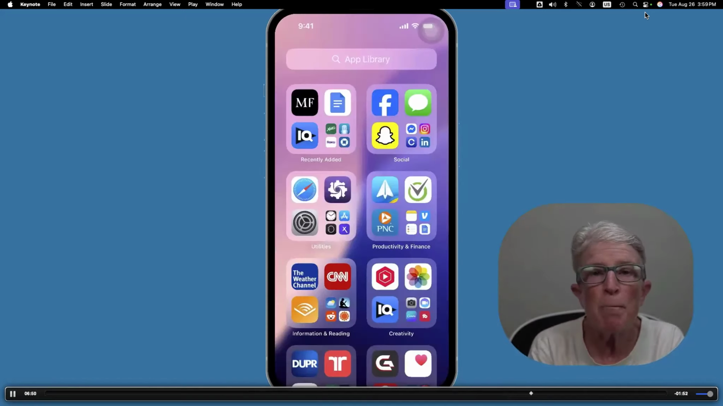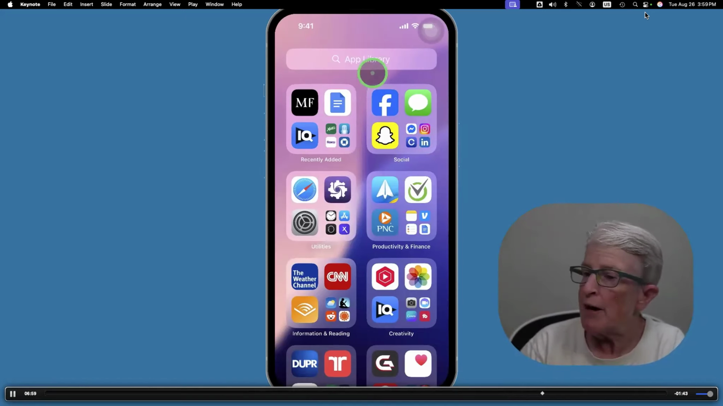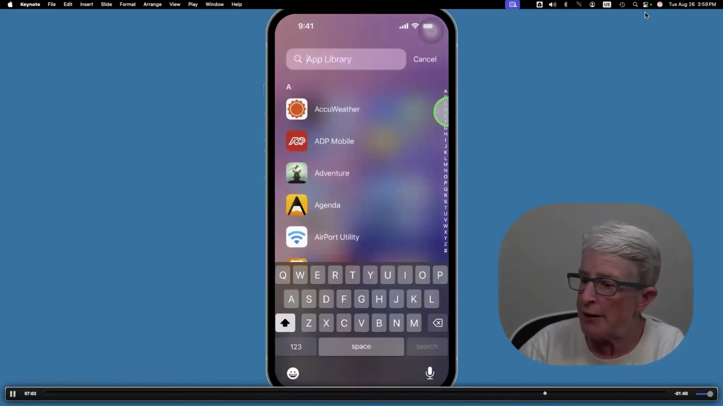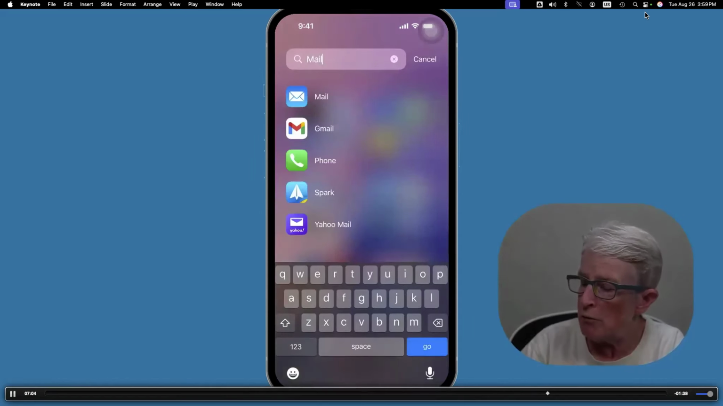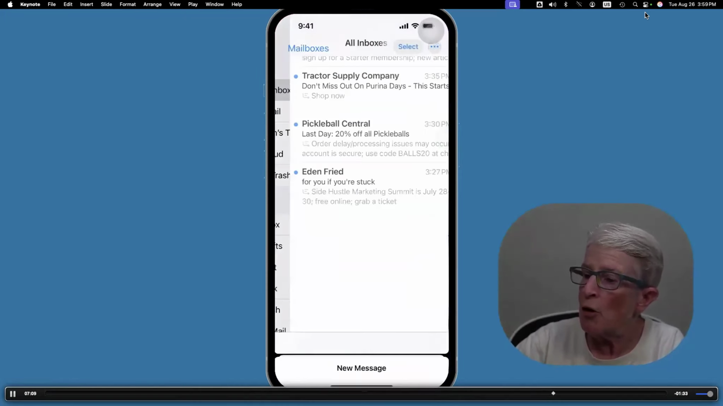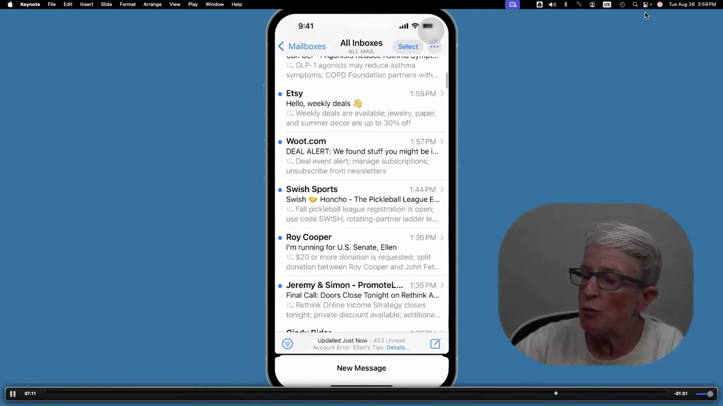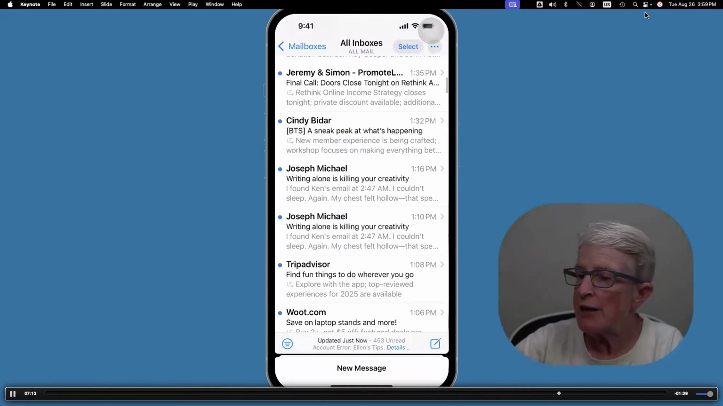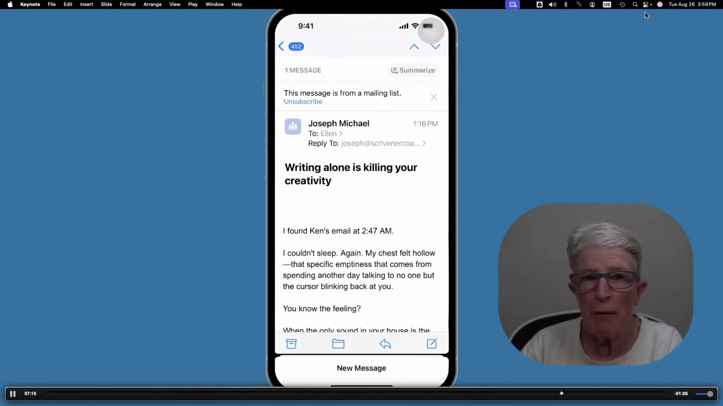If you use the Mail app, you can mark certain people as VIPs so that their messages always alert you. So if I come into the App Library and I search for Mail, and let's open Mail, and I'm going to go to All Inboxes, and I'm just going to scroll down. And if I decide I want Joseph Michael to be on my VIP list so that I'm notified about his messages right away,